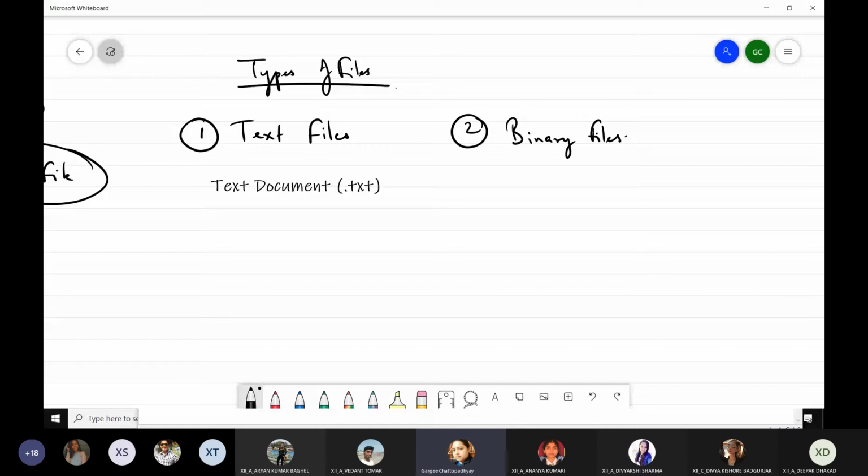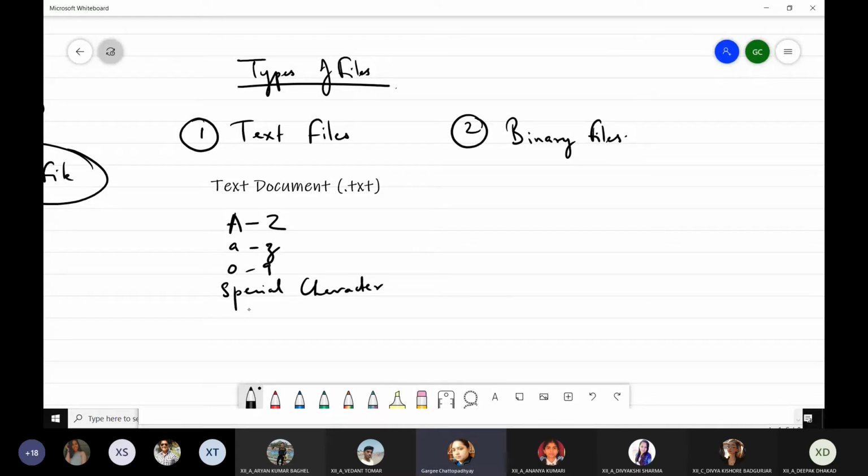Gedit is an editor tool which is used in Linux, right? So this text file which we have created, it is capable of saving what? Capital A to Z, small a to z, digit 0 to 9, and special characters.